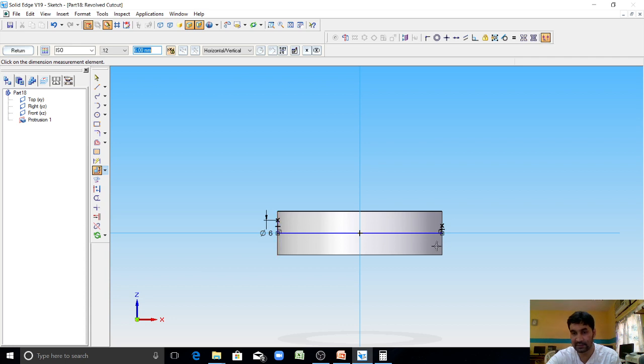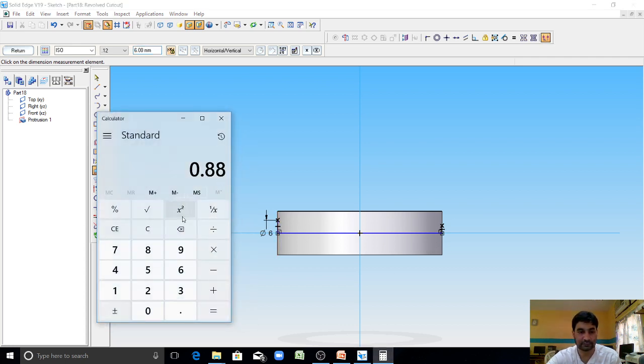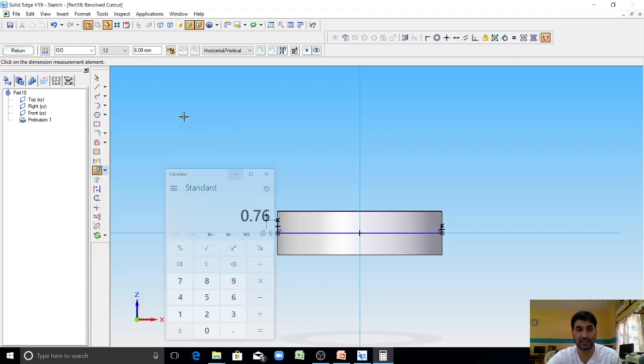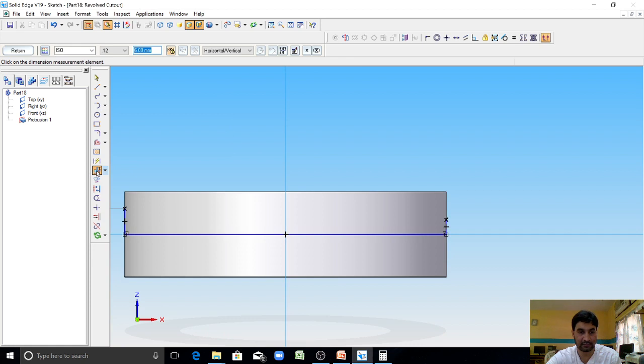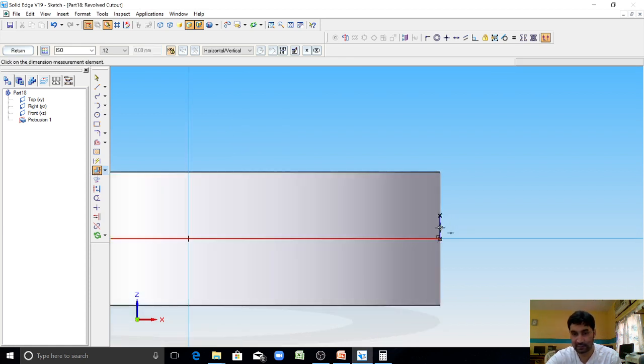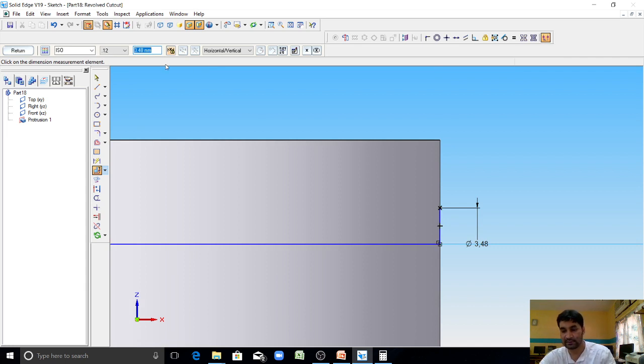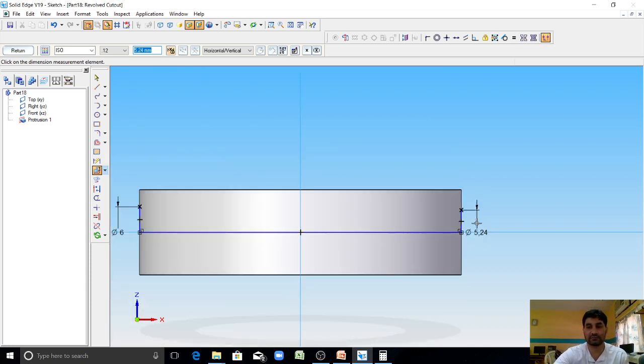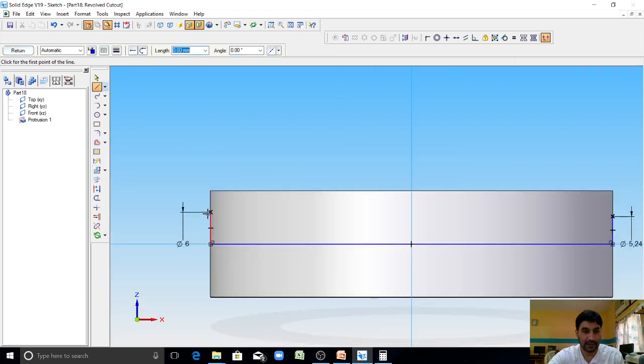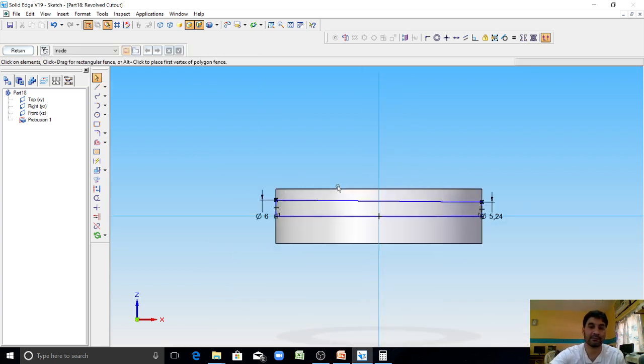The length of this is 38. So you have to calculate here: 1 divided by 50 equals 0.02 multiplied by 38 mm. So 0.76 reduction. So 6 minus 0.76 is the diameter for the other side. So I'll mention here from this line to this end should be 6 minus 0.76, that is 5.24 mm dia. So now from this end to this end we draw a line here. So the taper is maintained now.